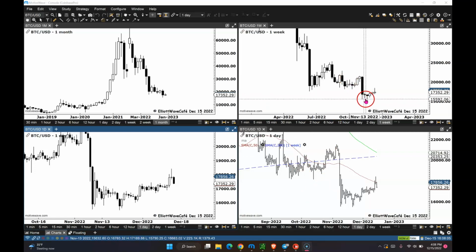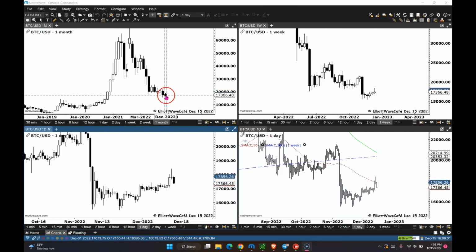Now the structure out of here was pretty interesting. We'll see how we're going to close this week, but not a lot of strength into this move. Like I said, this huge level in here, it's probably gonna give Bitcoin a little bit of trouble, and unless it closes and it climbs and closes above it, at least on a weekly basis, I don't think there's any reason to think bullish this market.